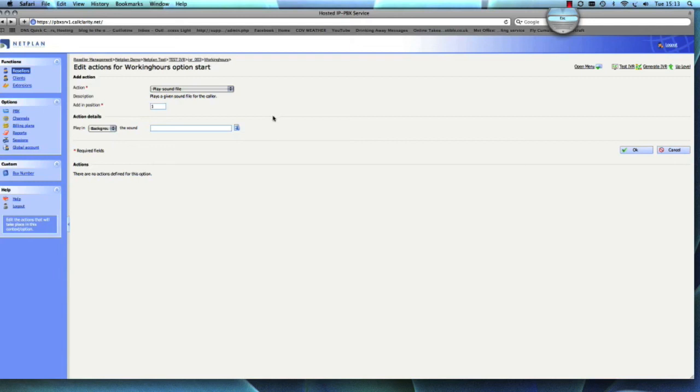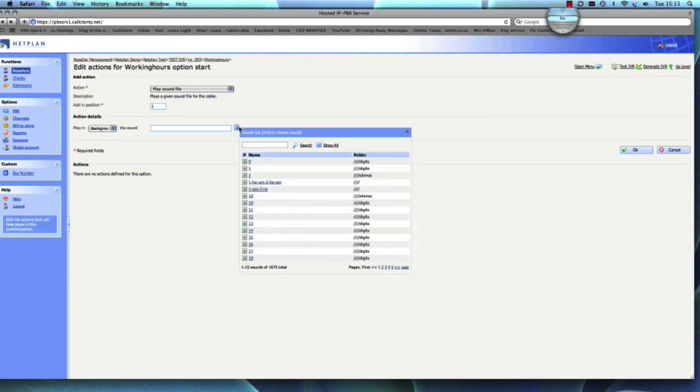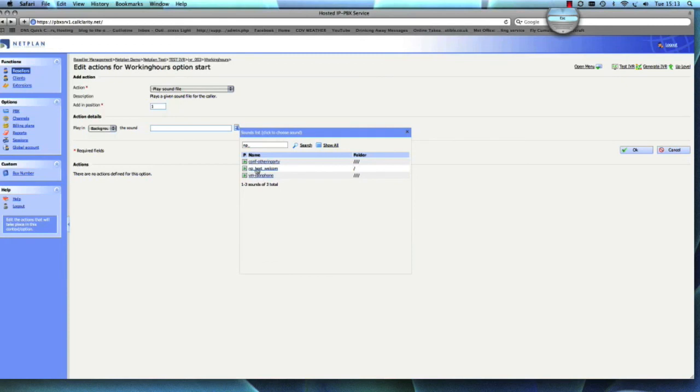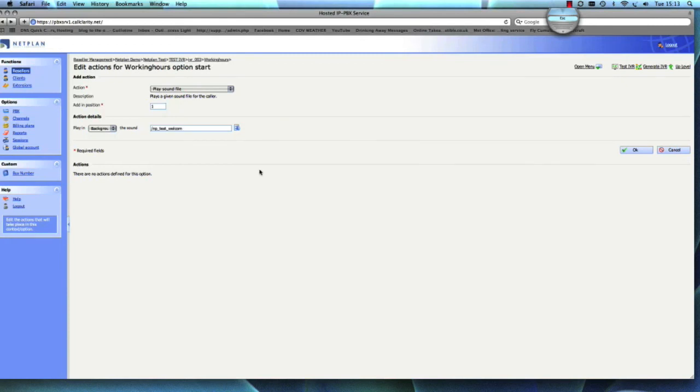Now I've already pre-recorded the sound for this. We'll go through recording and uploading the sounds in another video, but for now I'll just pull up my pre-recorded sound, which is NetPlan test welcome,